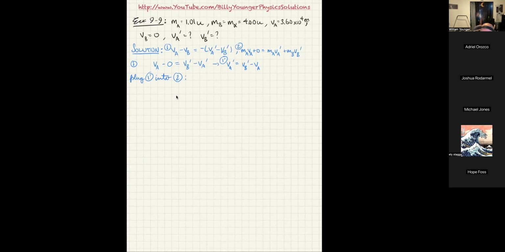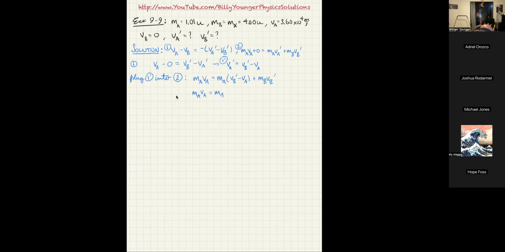When I do that, what we're going to see is MAVA is equal to MA times, now I'm going to substitute VA prime, which from equation 1 prime is VB prime minus VA. And then I have the second term, which is MB VB prime. Now I can multiply through, get rid of the parentheses, and that'll give me MAVA